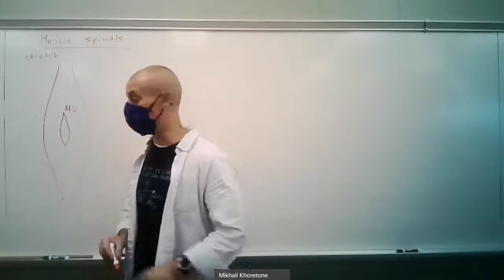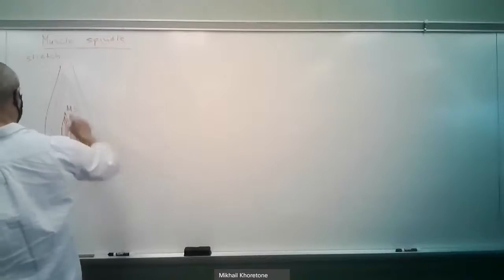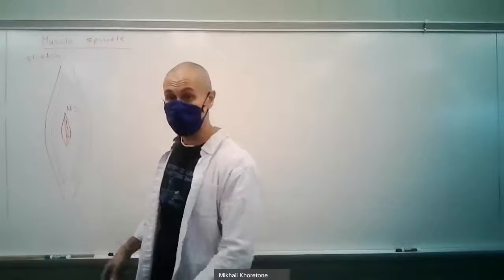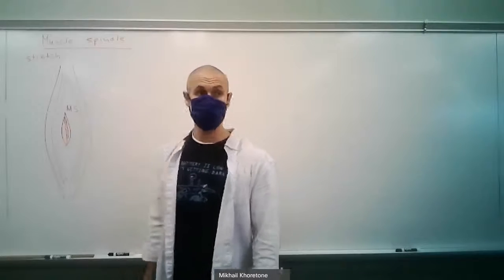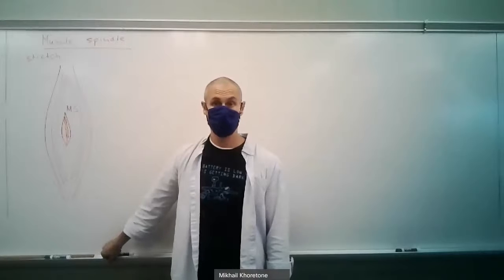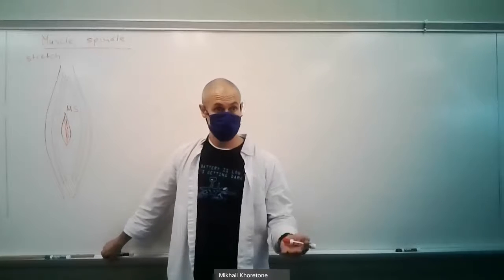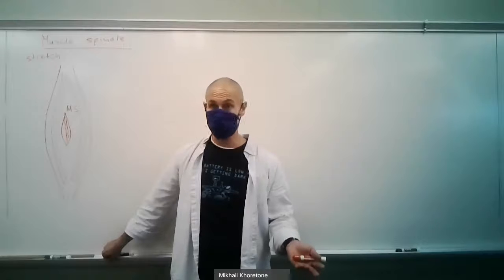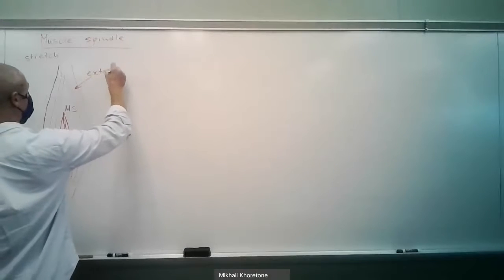But just as the muscle itself, it contains muscle fibers. So you have muscle fibers in the muscle spindle, and you have muscle fibers in your muscle. Now, remember that the muscle spindle is exquisitely small, and tell me this. When your muscle contracts, which fibers will do most of the work? The big fibers of the muscle, or the small fibers of the spindle? Big ones or small ones? That's going to be big ones. So big fibers are called extrafusal muscle fibers. They do most of the work,